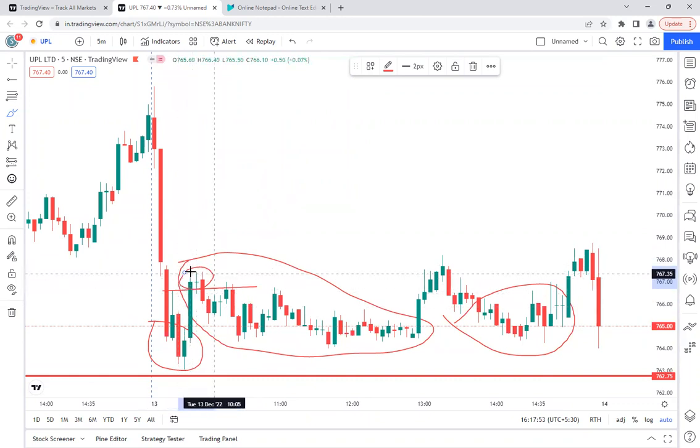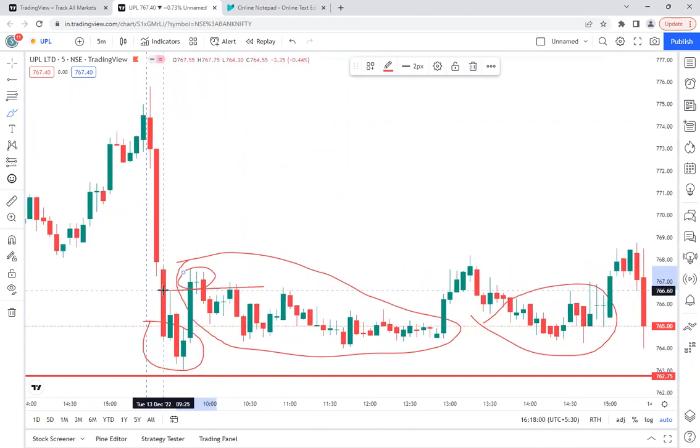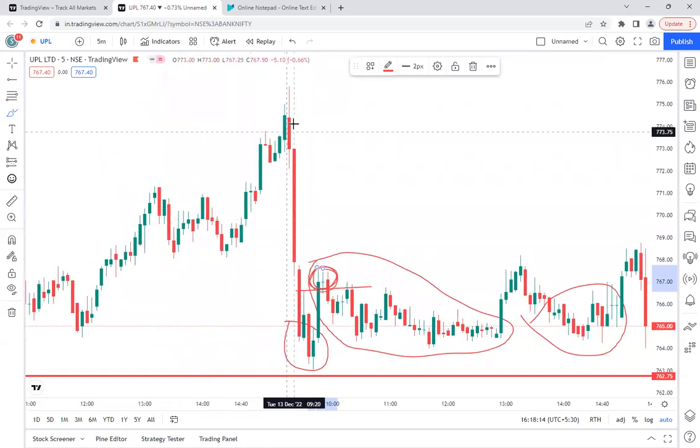So initially they killed off those who had kept their stop losses just above the last high or the last lower high. Okay, they killed it off. And what happens here again, at this point, small traders will not think about buying, because they will still be on the selling side only, because at any point of time the sellers may bring it down again. If you see the way they brought it from here, from the 774 zone, they brought it down very sharply towards 763, almost a 10 rupee fall.